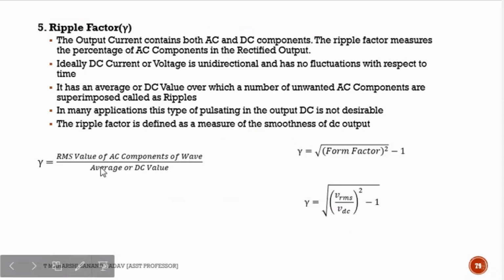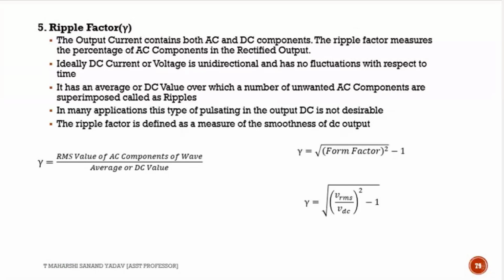So Mohammed, can you explain what is meant by ripple factor and why we are doing it? Yes, Mohammed. If you are having doubt, let me know. Once again, I'll repeat. Samyukta. No doubt, sir. Can you repeat? What is ripple? What do you understand, just tell in your terms. What is ripple factor and what is meant by ripple?